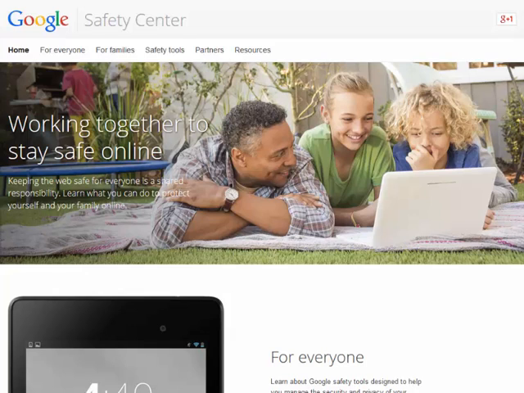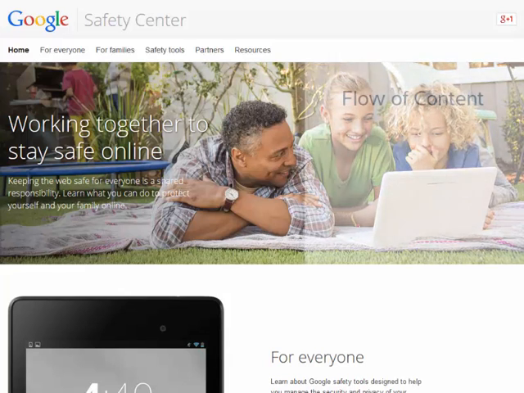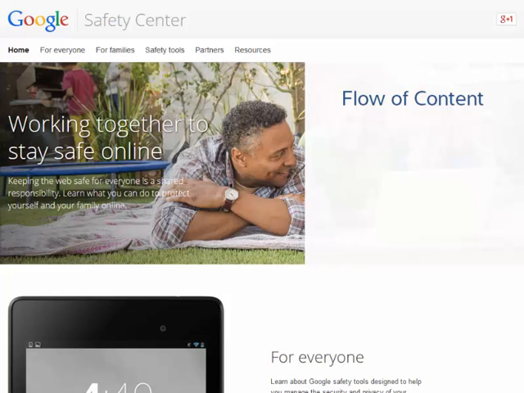Jumping to the site for the Google Safety Center, this is a very clean, simple layout, and it does a good job of illustrating the key areas that you're going to want to consider if you are looking at having a responsive layout for your own website. The main things you're going to want to consider are the flow of content, which is what comes first, what's positioned after, how things reflow as the screen size changes, the menu, how it reflows, or if the elements are stacked or if they get condensed as the screen changes, and then images and